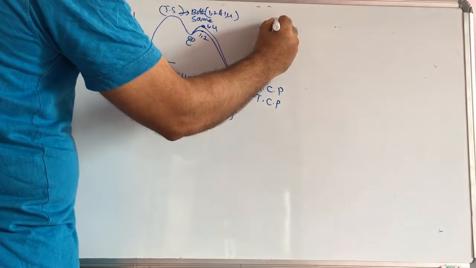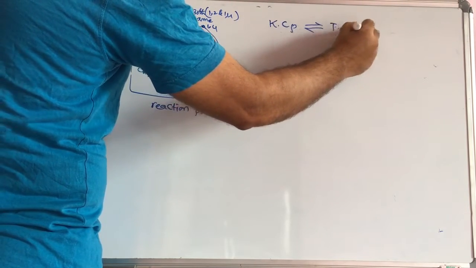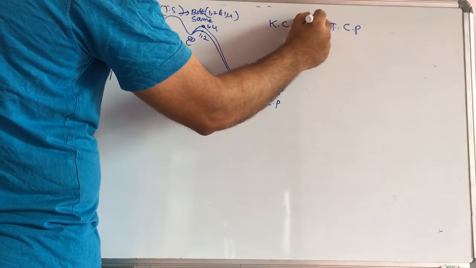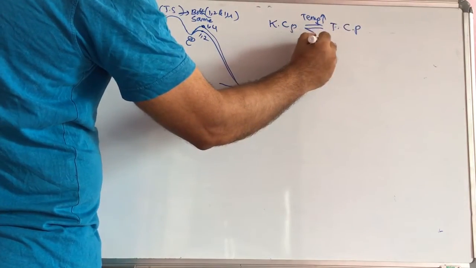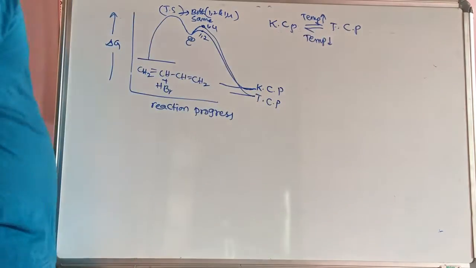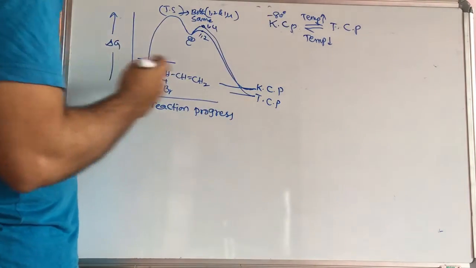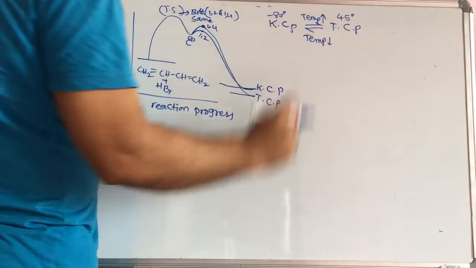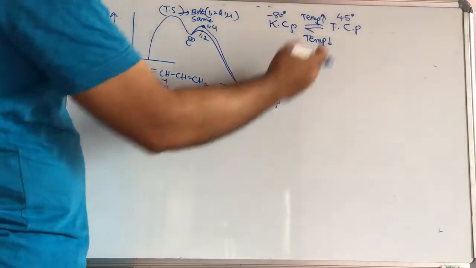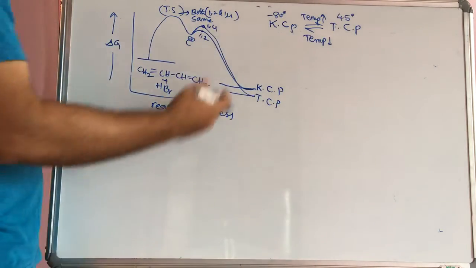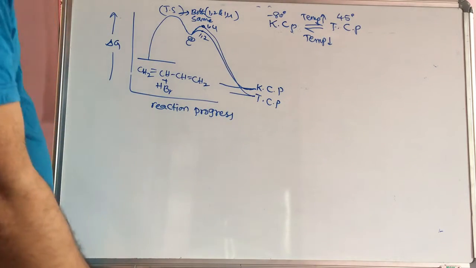Generally, the kinetically controlled product will convert into the thermodynamically controlled product as temperature increases. If temperature decreases, then it will be converted into the kinetically controlled product. Now we discuss, this is minus 80 degrees Celsius for 1,3-butadiene. This is 45 degrees Celsius for the thermodynamically controlled product. If it goes from minus 80 to 45, it will be thermodynamically controlled. If 45 goes to minus 80 degrees Celsius, it will be kinetically controlled product. These are interconvertible, it depends upon the temperature.